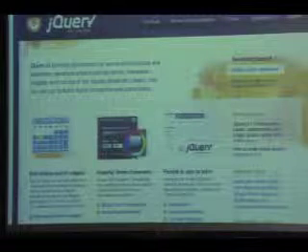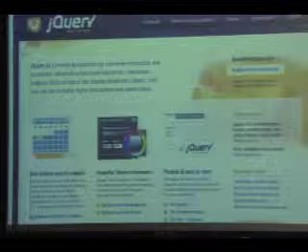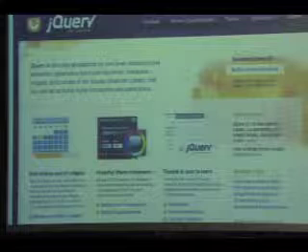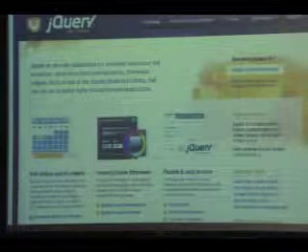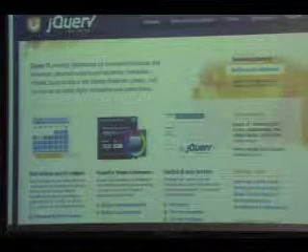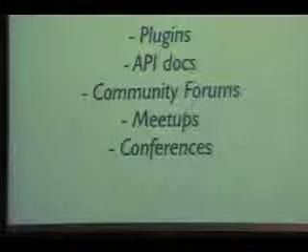jQueryUI.com. The thing to point out that's really slick is the ThemeRoller aspect of it. So it's a full UI that you can go in and tweak all of the aspects of the theme itself, from colors to rounded corners to not rounded corners, etc., and download a custom zip for that, which you can then pull in. And QUnit, here's a sample output of QUnit. Unit testing is always very exciting, so I had a screenshot of it. But you'll notice that we have one failed test down at the bottom, and it's something that's really great to get into a practice of as you write your code itself.